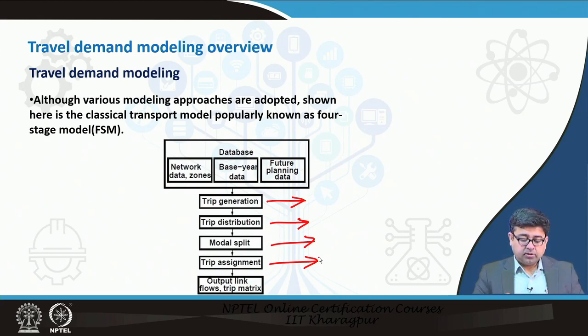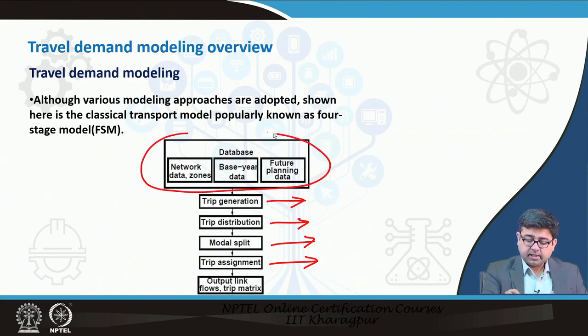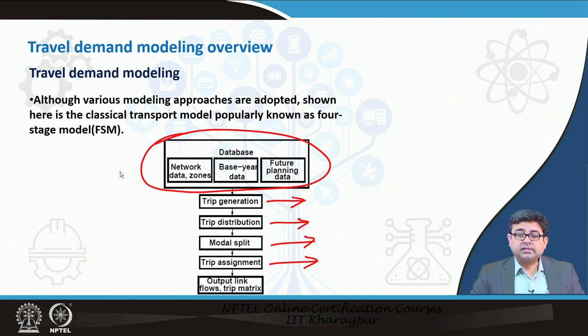So, let us look at each one of them one by one, but before that, of course, you have to have a certain amount of data that acts as input or feeds into your model. So, you have to know what is the existing network that you are working on. You have to know how many vehicles currently run on your network, and you also have to know some future